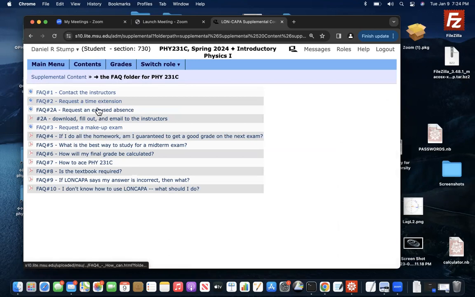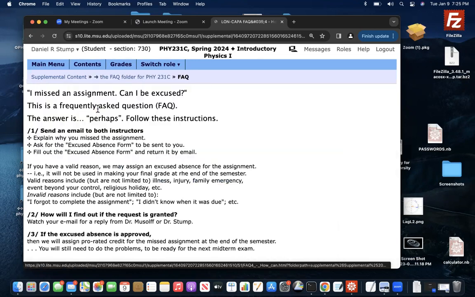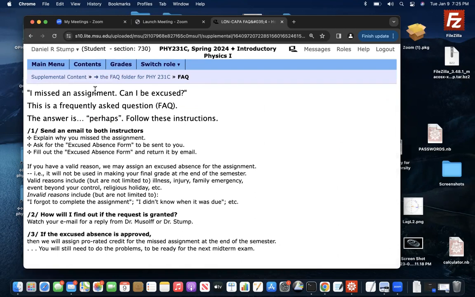You might be able to get an excused absence. I missed an assignment. Can I be excused? You know, suppose you come down with COVID the day that the homework is due, and so you didn't get to finish the assignment because you had COVID. Can you be excused from that? Well, the answer is perhaps. You have to send a reason and then fill out